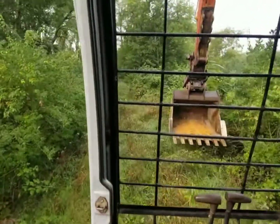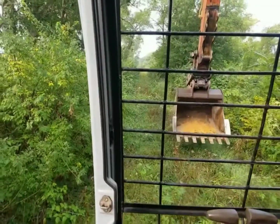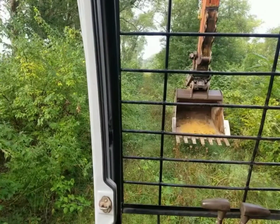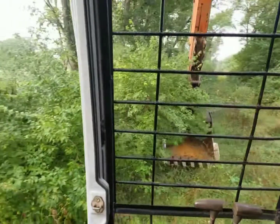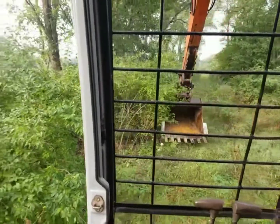I'm gonna work my way down here to where I left off the last time, and then we're gonna start hauling this railroad ballast out for the driveway project that we're working on. First thing I gotta do is get this bush honeysuckle out of the way. Let's kind of smash it off each side. And as I go loading the railroad stone,